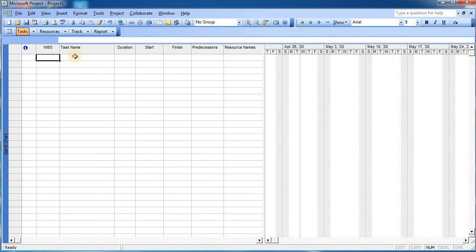So now you can see over here before the task name it is work breakdown structure now, right? So now we have inserted the code for work breakdown structure also in the particular window of Microsoft Project Planner.